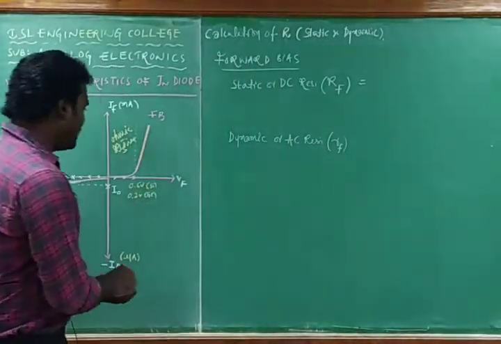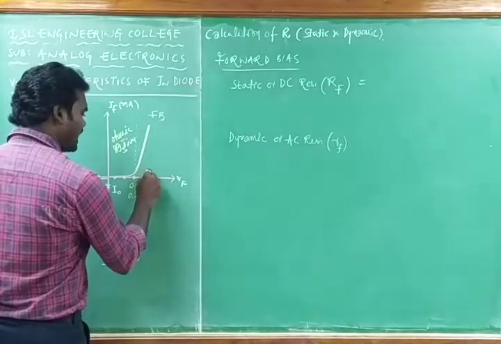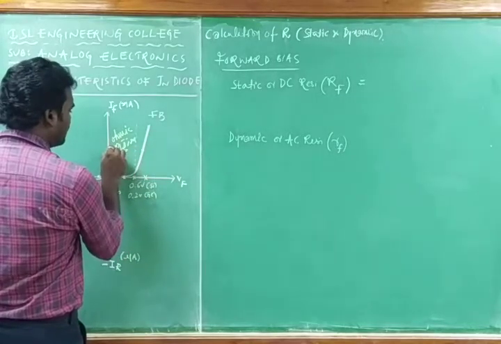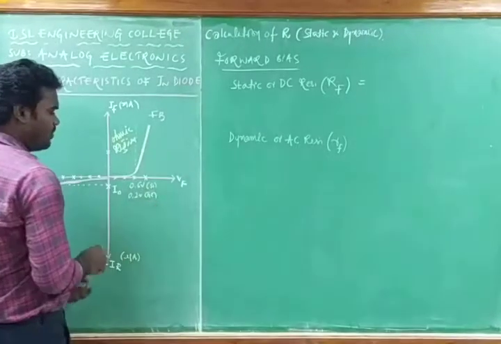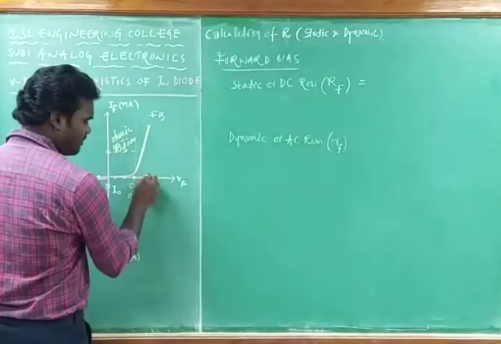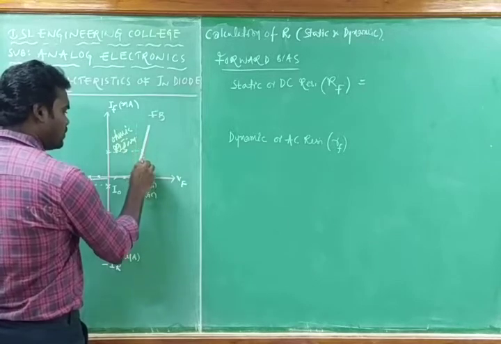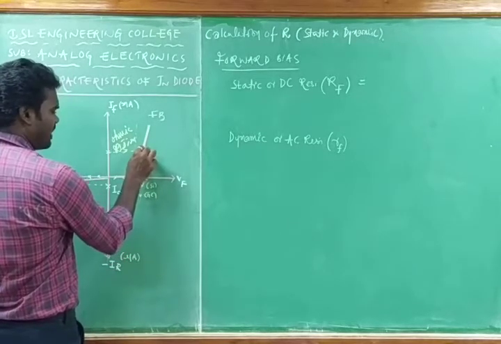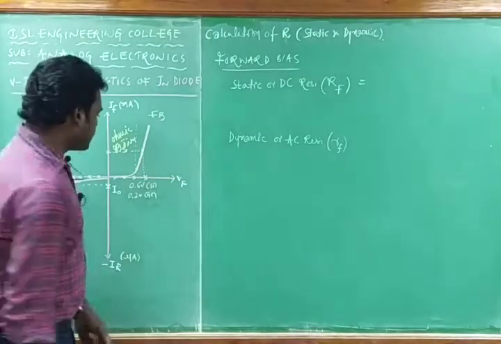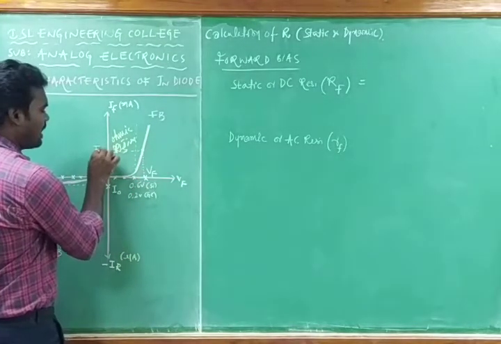I am selecting one particular voltage on the x-axis, and the corresponding point I plot on the graph defines one more point on the y-axis. This voltage identifies one point on the graph, and by holding that point we can define the corresponding current on the y-axis. I can call this voltage Vf and this current If.